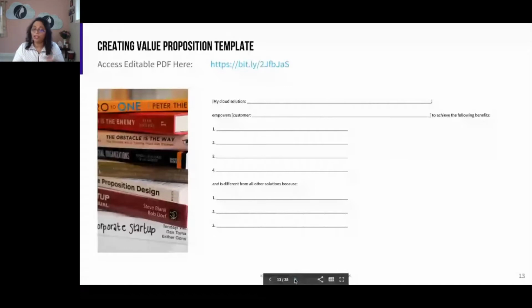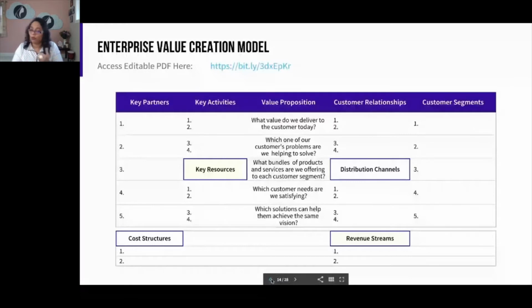So when you're pitching, you're actually telling the customer what the value proposition is. You're not making a generic statement. You're really making sure your scenarios are very clear for an enterprise customer. Once you have this work done, you go into building your business model, which is your design model. So Blake, if you go to the next one, is your enterprise value creation. You know exactly the customer segment you're working on and how you work with the customer relationship. You have to be very clear what the value proposition for a customer looks like. What value do you deliver to the customer today? What is the customer problem that you're going to help them solve?